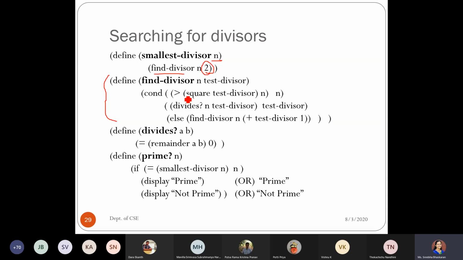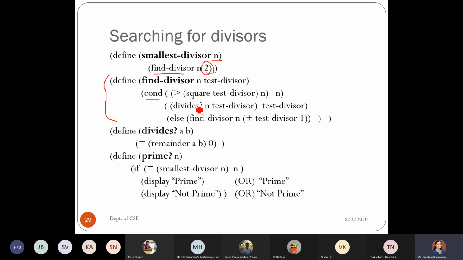Since I have 3 things, instead of going with an if-else if ladder pattern, I will be using this syntax. In the first condition, what I am checking is whether the square of the test divisor is greater than n. If it is so, I am just returning the n value.